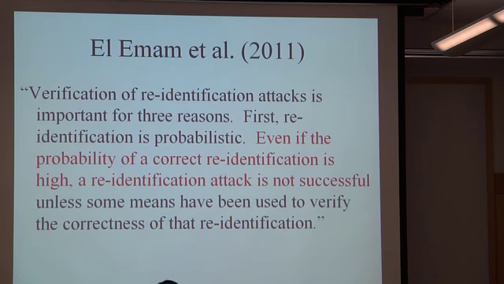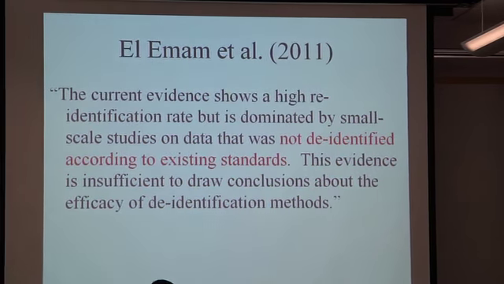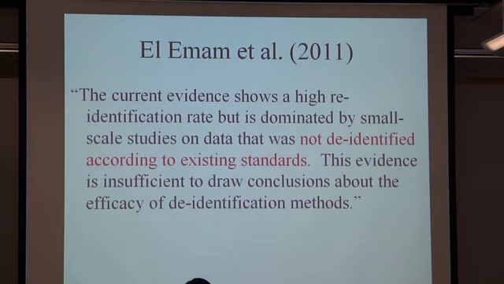It's a view that says one really needs to be sure that you can link up to a particular record in order to count this as a successful attack. On the flip side, this particular meta-study also has a particular view about what counts as useful data, right? What counts as maintaining the usefulness of the information. And again, it's not obvious from the face of the study, but more obvious once one looks at how these kinds of studies are